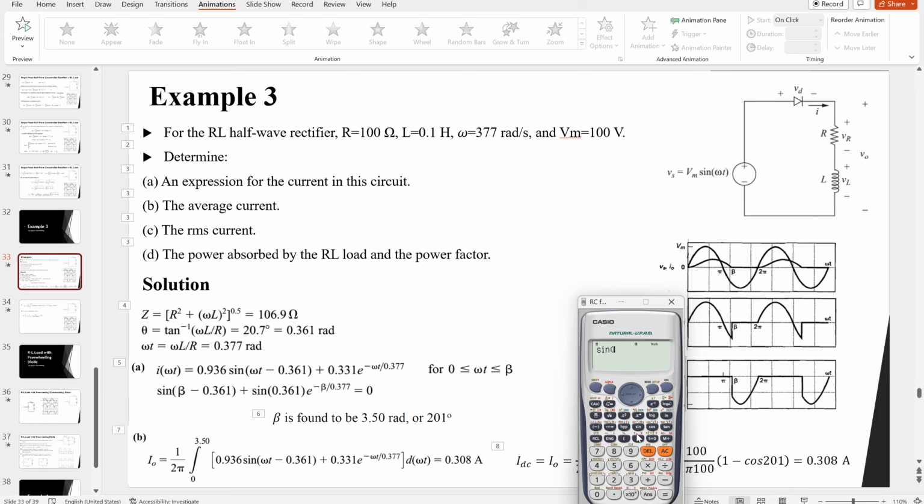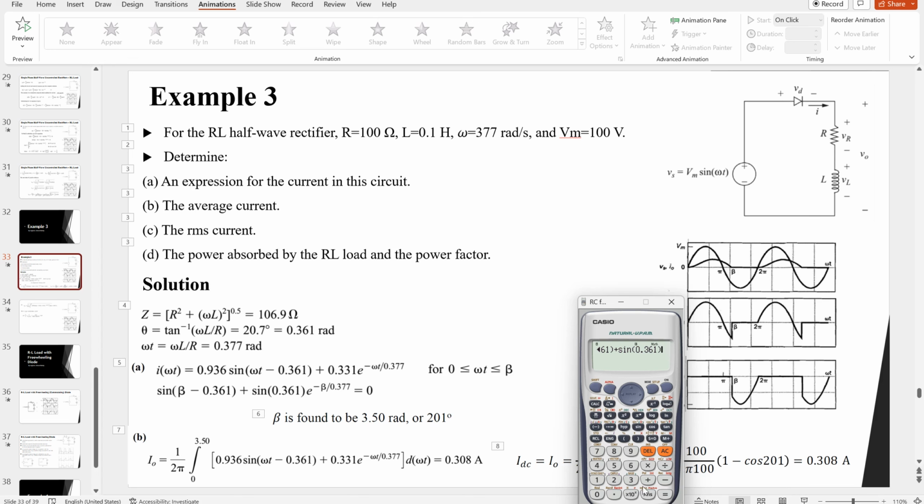So we have x and y, so I'm going to choose x, alphabet and x, minus 0.361, then close this bracket, and plus sine 0.361, and exponential,